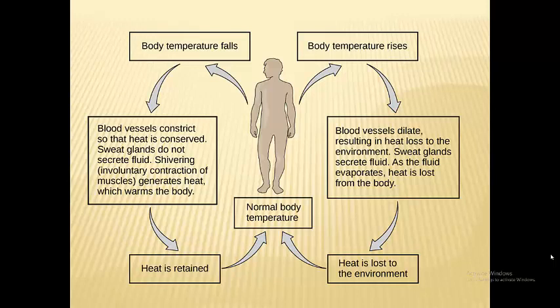This is really easy to understand, right? Your blood vessels dilate. That means they get bigger. They widen. And that allows more heat to escape your body. And then the sweat glands secrete more fluid, and that cools the body down. So it takes it from too high to lower. It regulates body temperature. The same thing if it's cold outside. The blood vessels constrict. They get very narrow so that heat is conserved, so you won't sweat, so you won't lose fluid. Pretty cool when you stop and look at it.